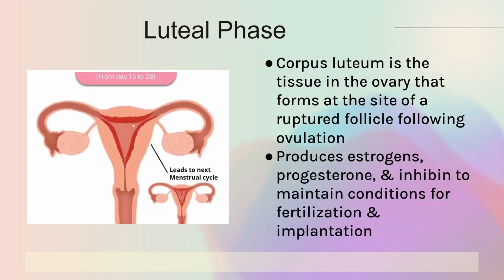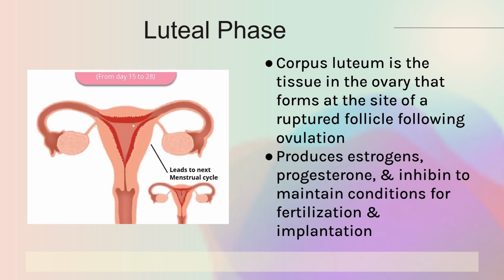of the cycle. During the luteal phase, or the second half of the menstrual cycle, the corpus luteum forms in the ovary at the site of the ruptured follicle following ovulation. This specialized tissue produces hormones including estrogens, progesterone, and inhibin to maintain optimal conditions for fertilization and implantation of that fertilized egg within the uterine lining. The corpus luteum's hormonal activity is crucial for preparing and sustaining the uterine environment for potential pregnancy during this phase